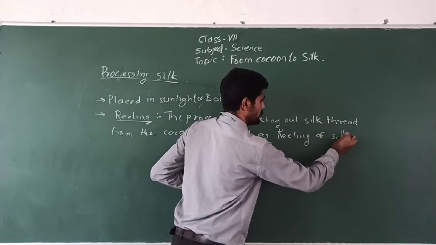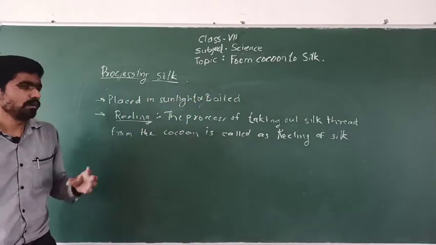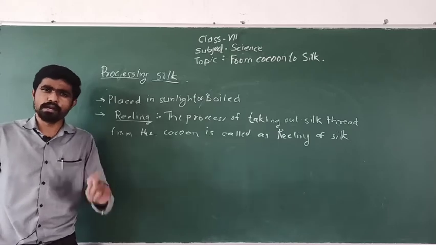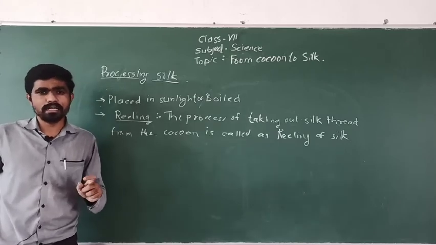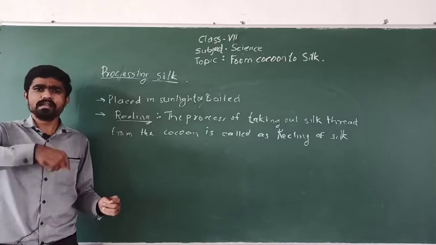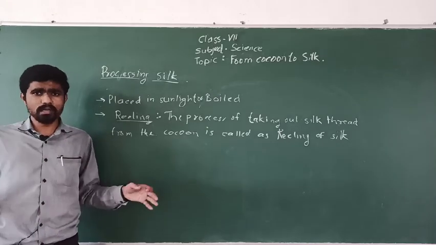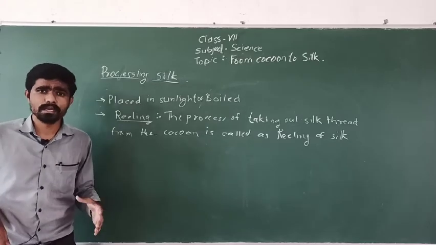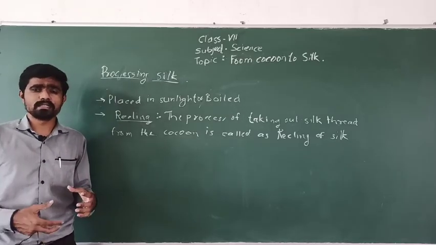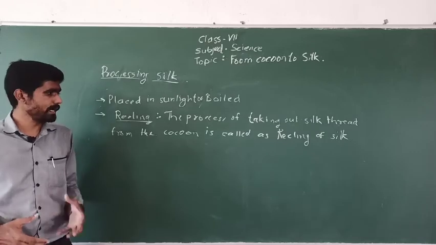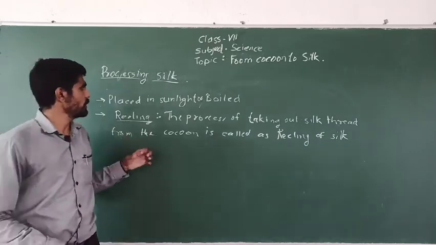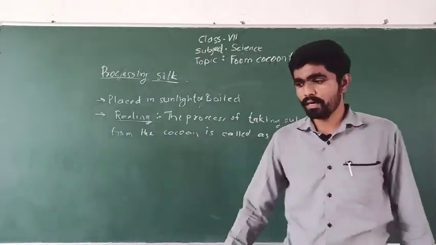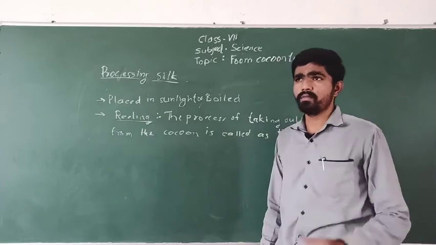Nowadays it is done by machine, but actually the silk threads are attached to the cocoon at a point, and we have to find the point of attachment and remove the silk thread, and then unroll it and remove the thread, straighten it and send it for processing. Then the cloth makers in the textile industry will work on it and produce the thread. In this way we have completed the topic from cocoon to silk, and we have completed our unit that was based on fiber to fabric.